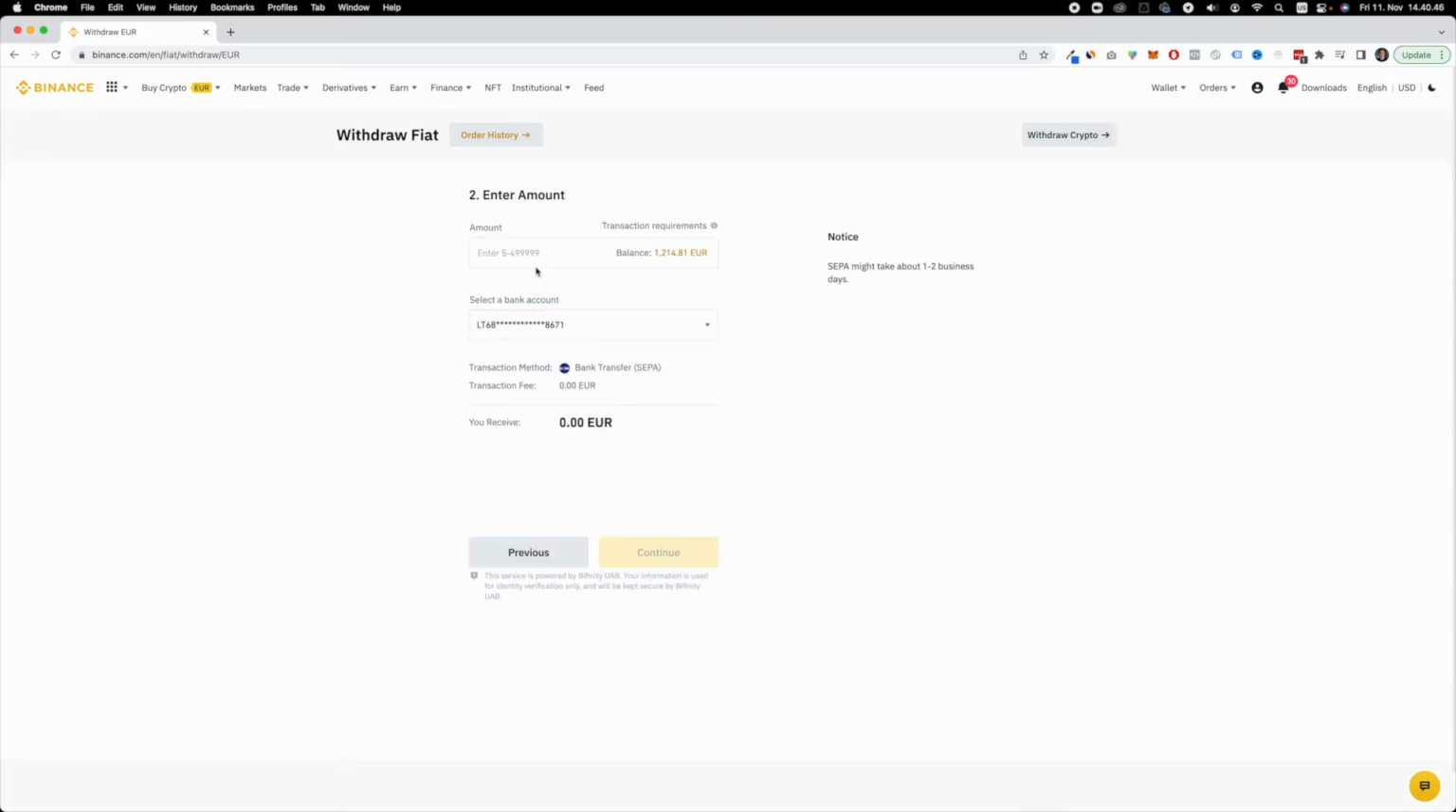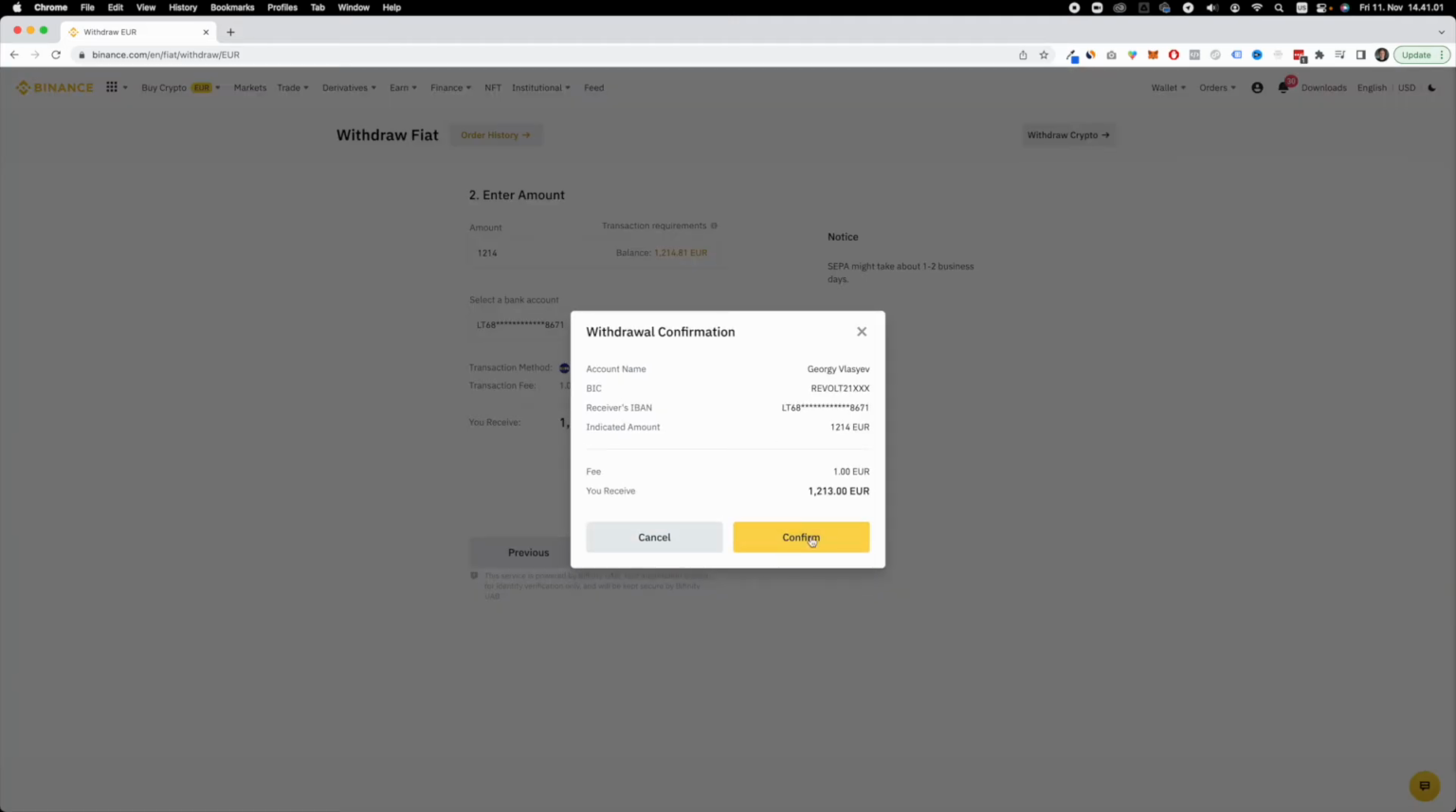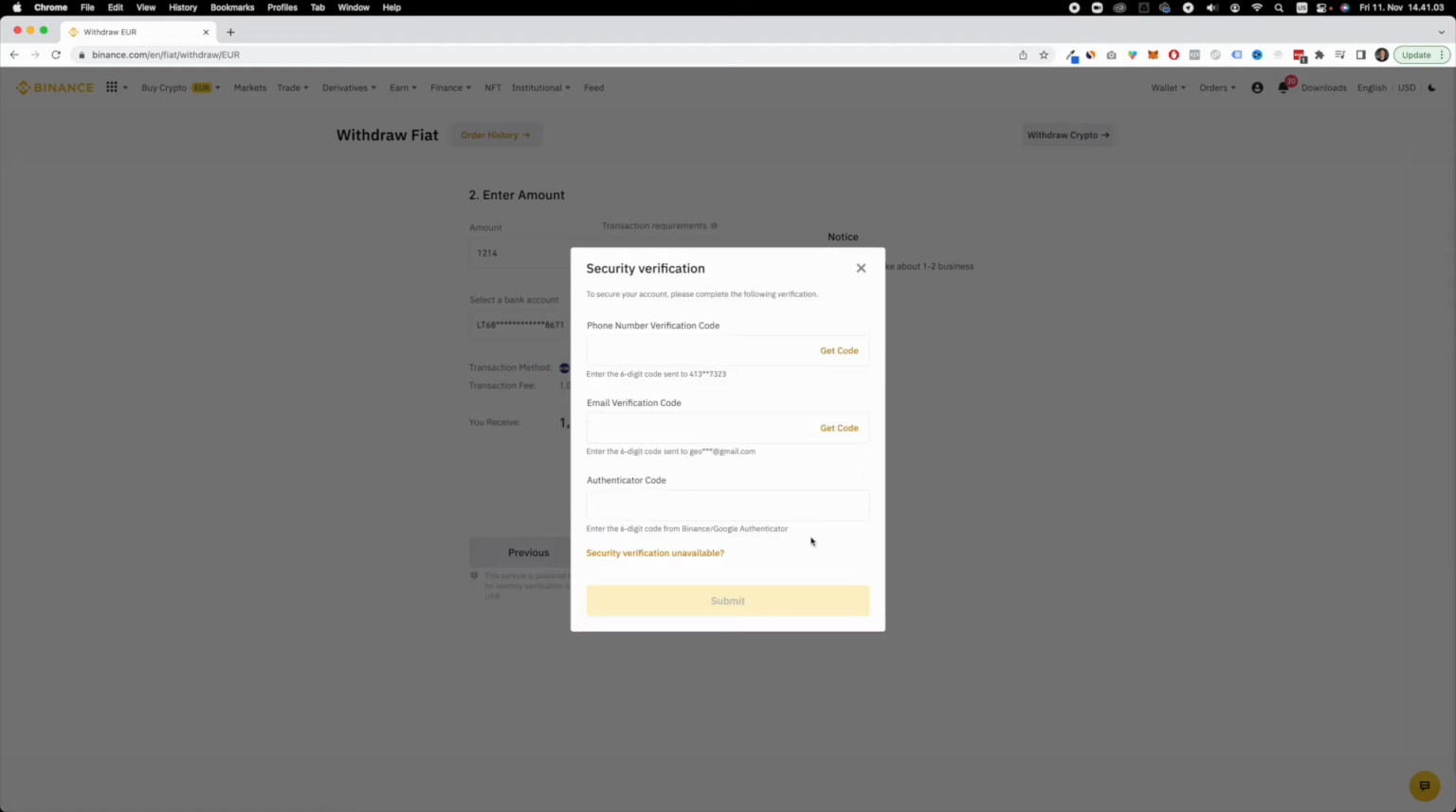On this page, you need to select the amount that you would like to withdraw. In my case, it's 1214. This is the bank account that I'm going to withdraw this to, and my transaction fee is just €1. So once everything looks nice and sweet, you just click continue, confirm, and now it's going to ask you for